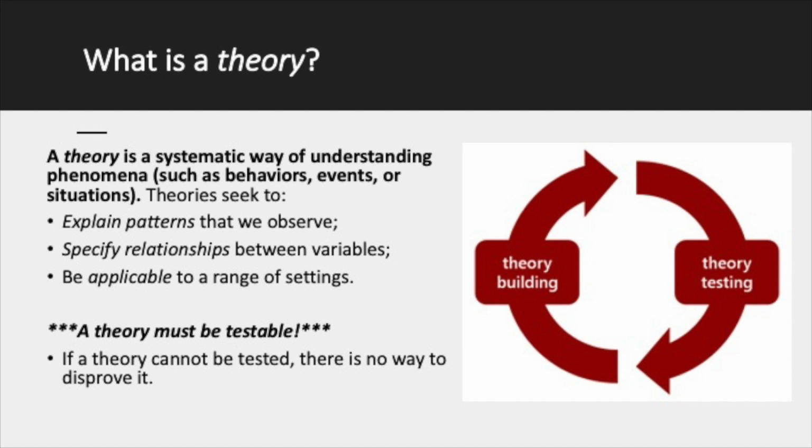And then the third criteria typical of a theory is that it should be applicable to a range of settings. A theory is not all that useful if it only applies in one very narrow context. For example, one very specific subpopulation or one very specific geographic region, and we don't see it applicable in other populations, regions, or settings. There isn't a hard and fast rule about when a theory is especially useful in terms of how many settings it can be applied and not useful.